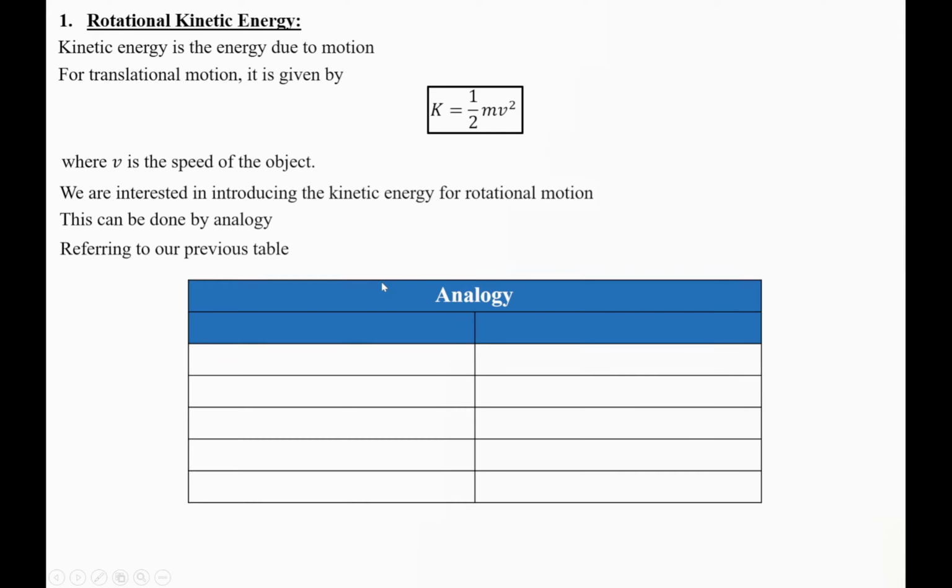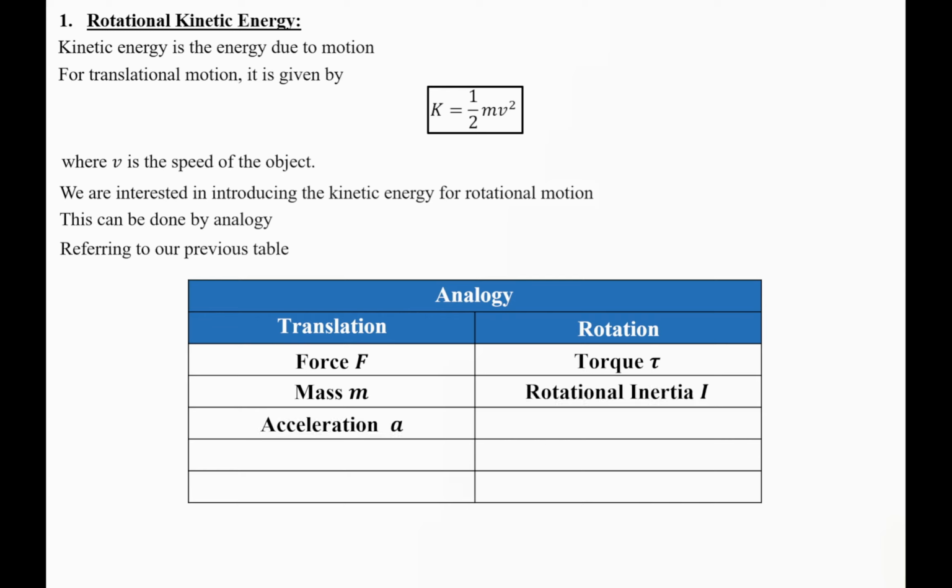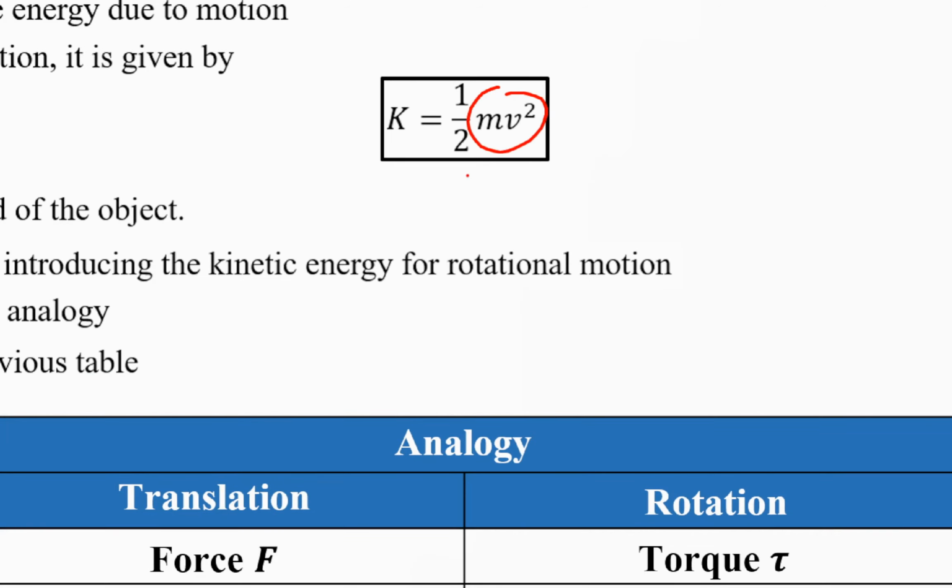Referring to our previous table, what is the analogy between translation and rotation? The force is promoted to torque, the mass is promoted to inertia, acceleration a is promoted to angular acceleration alpha, F net equals m a would be given by tau net equals I alpha, velocity v would be given by angular velocity omega. Based on that, if the kinetic energy for translation is given by half m v squared, then m